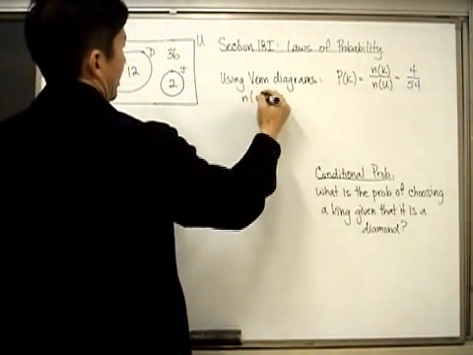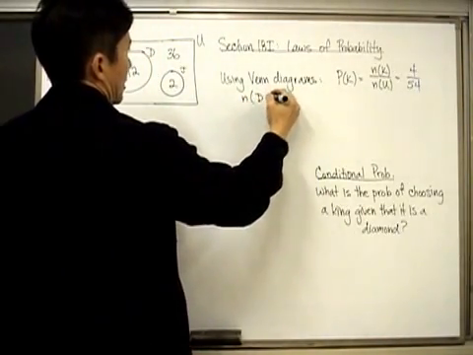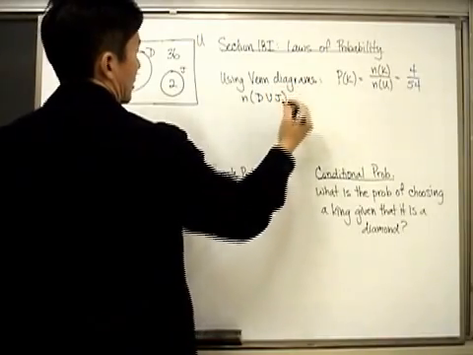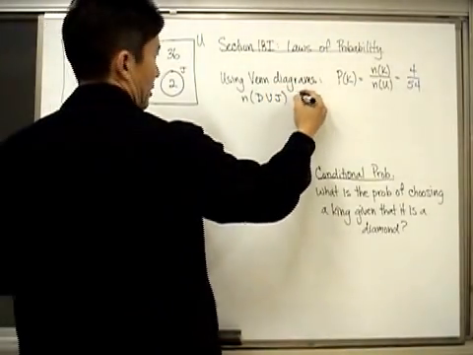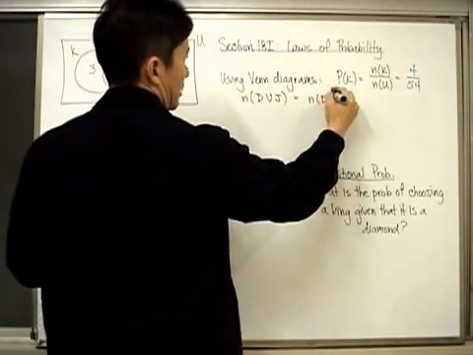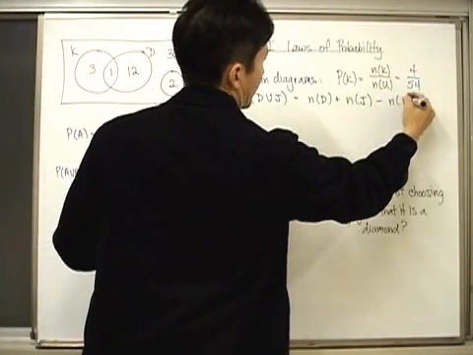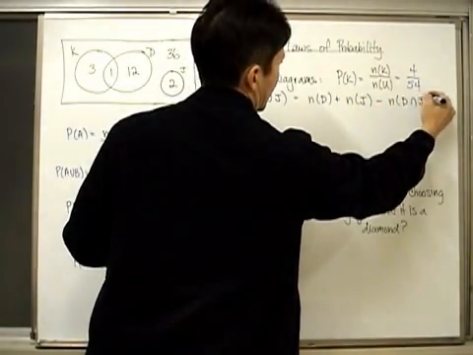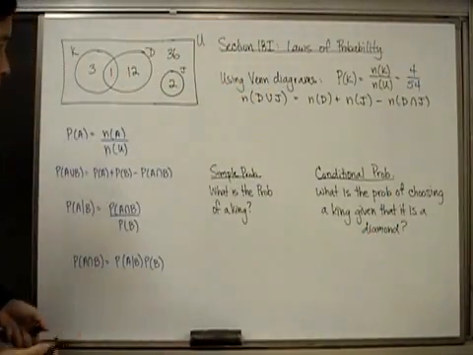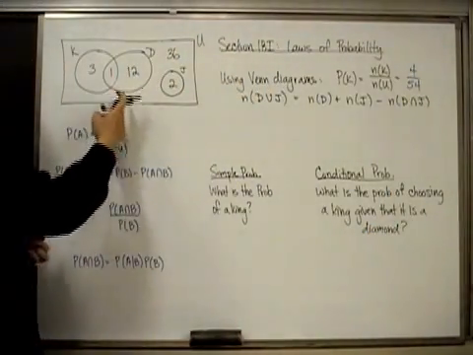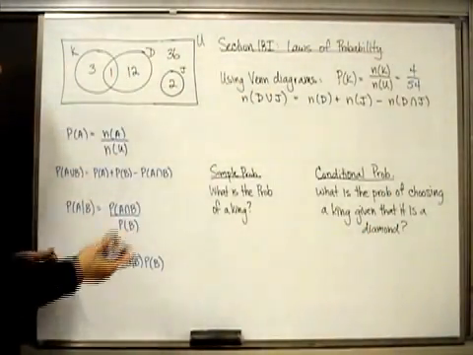The number of diamonds or jokers. Well, of course, this is going to be the same thing as the number of diamonds plus the number of jokers minus the number of diamonds and jokers. Well, if we take a look at what's happening here, we can very easily see that